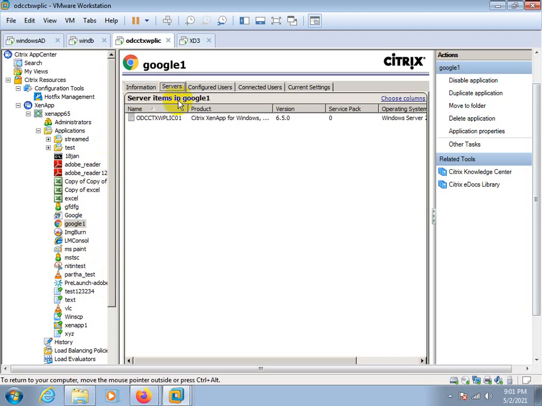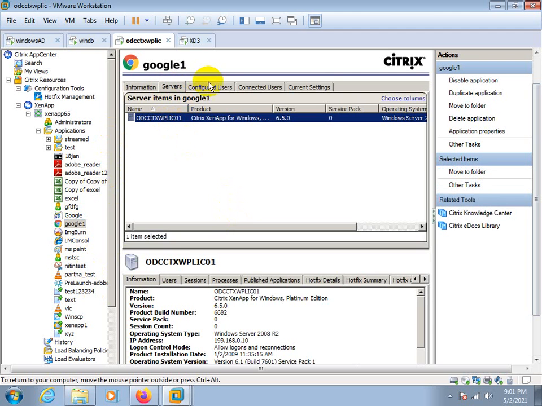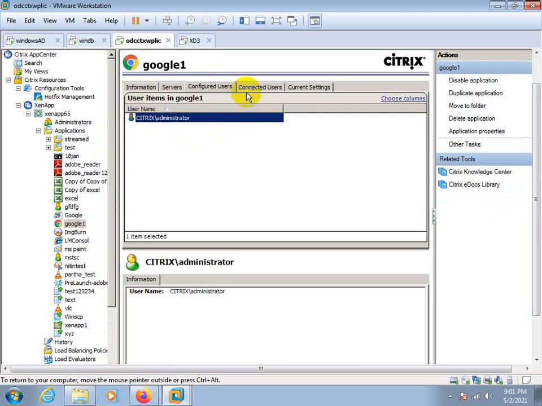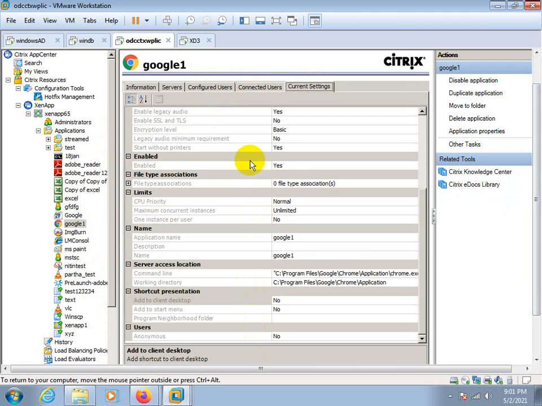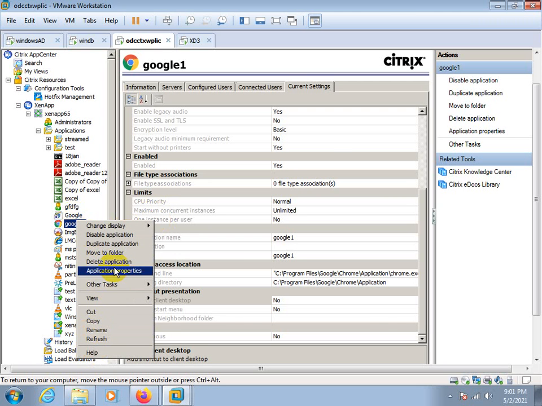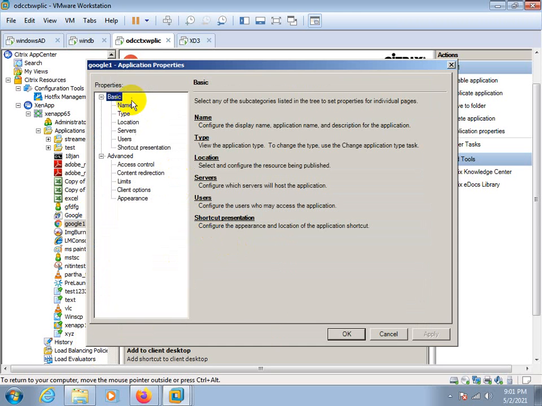Just click on the application, go to the server. You will get the server list, user list, connected users, current settings. Okay, this is the complete setting. You can get the settings from right click and go to the application server.